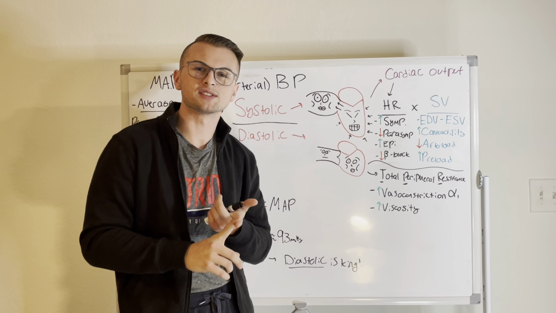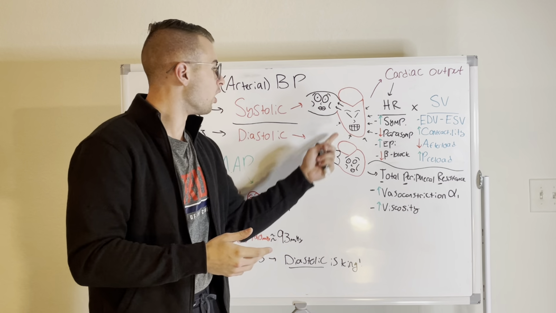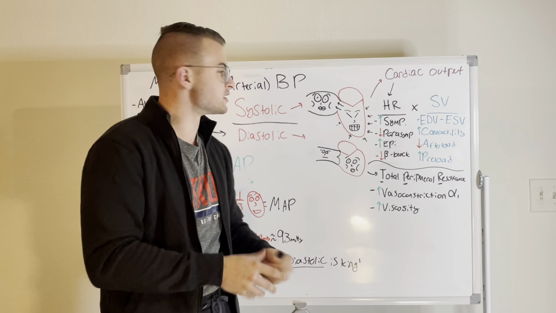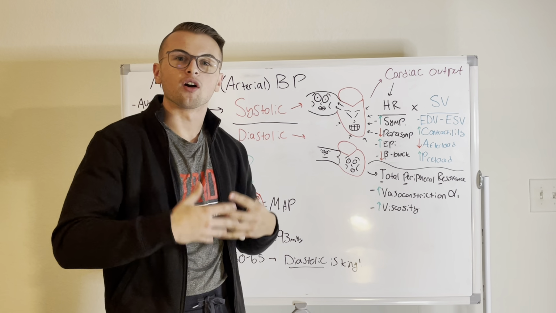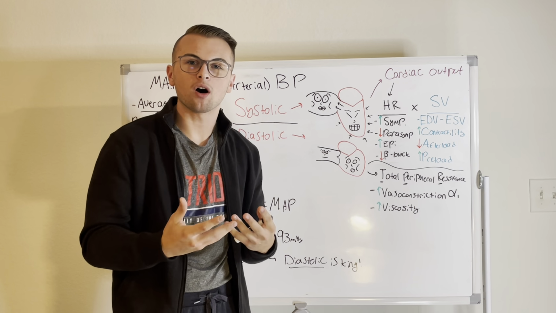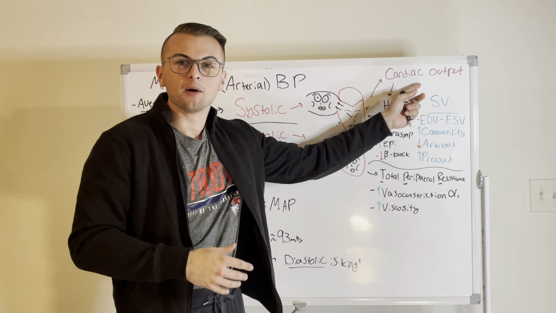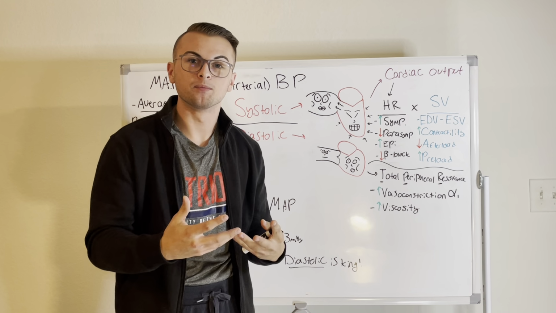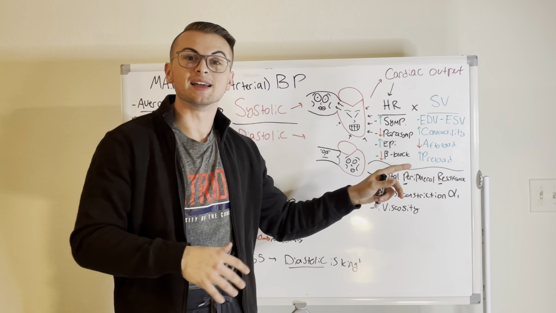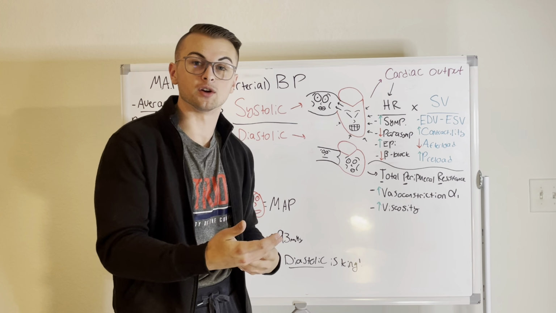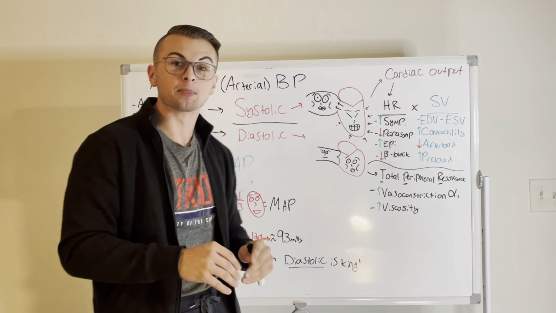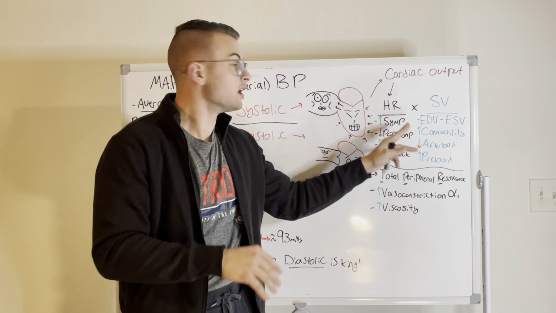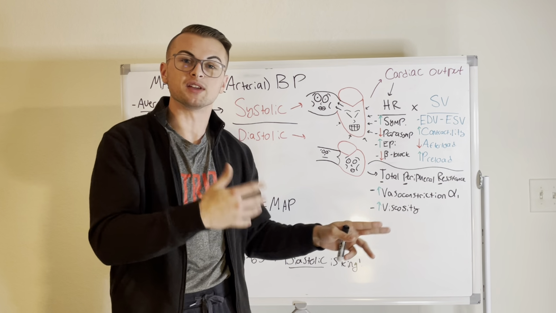Well, we know that the systolic number is really dependent on the amount of blood that our ventricles squeeze out. It's the amount of blood that is entering our arterial system. Well, what do we call it when we have blood per minute that is entering our arterial system? That's right, this is the cardiac output. We know that the cardiac output is simply heart rate times stroke volume. It's deceivingly simple, but meaning that this is the number of heart squeezes in 1 minute times the amount of blood that the heart squeezes out with each beat.